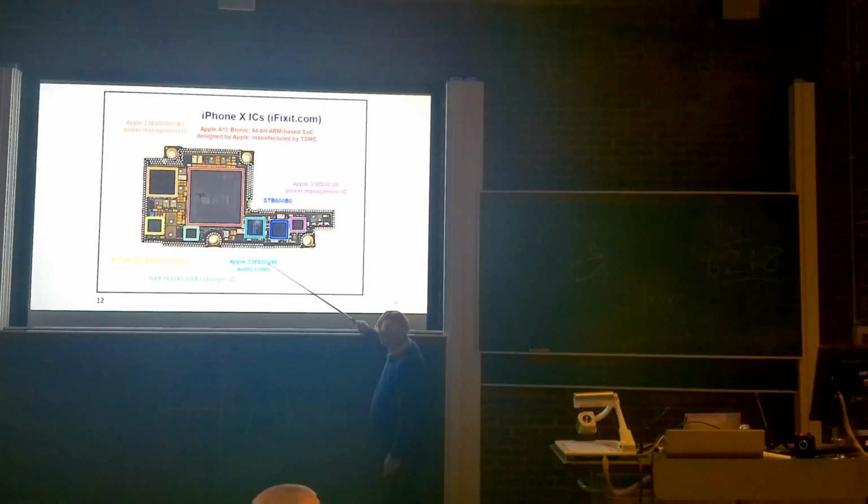For example, there's another Apple thing. The light blue is the Apple codec. That codes from digital to analog, or does error correcting codes as well as part of it. There's the battery charger. So you've got to think of all these things. It's quite big because it's taking quite a lot of power. There aren't many active devices in it, but it's got to take up some area. The green is the USB charger. Interesting, it's a separate thing, a separate chip.